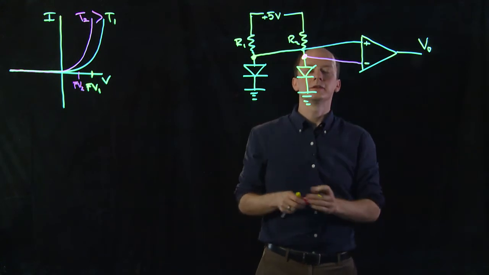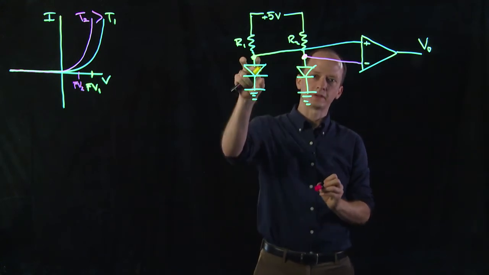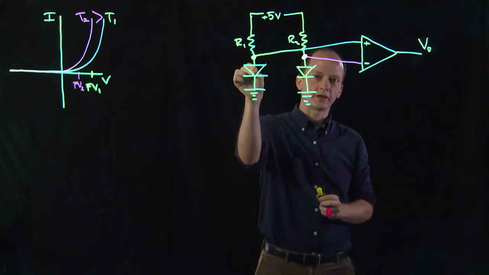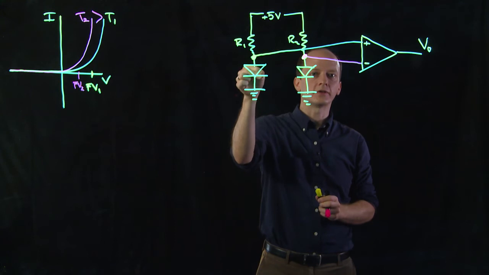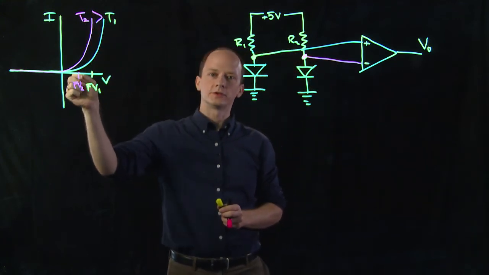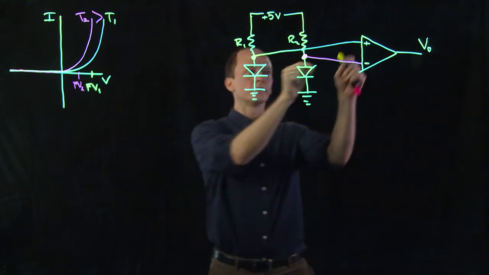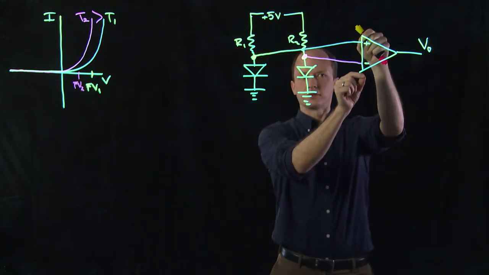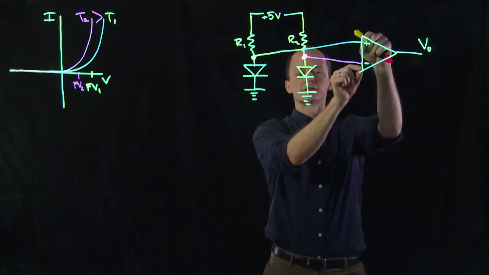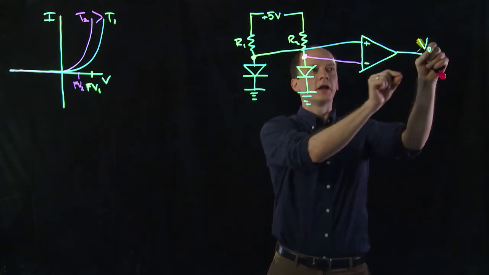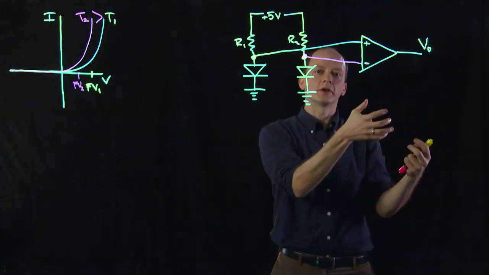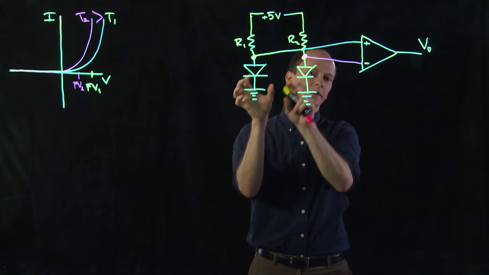But what you can see then is if you heat up one of these diodes, right? So if I take my hand or your finger, grab onto that diode and heat it up, okay? As that diode heats, it's going to shift the property here, change the forward voltage, right? And all of a sudden, there's going to be a difference between the forward voltages on these lines, and our V out is going to swing either positive or negative